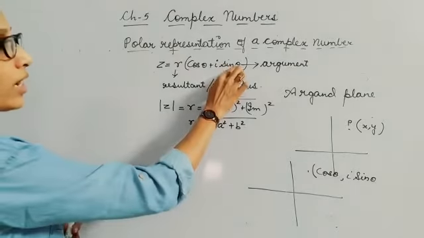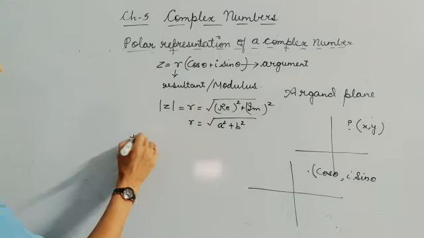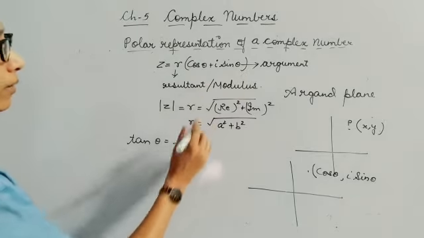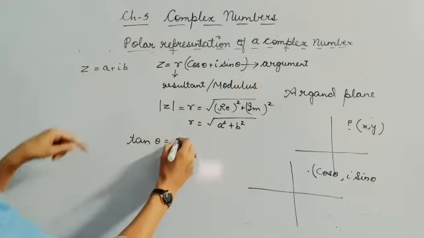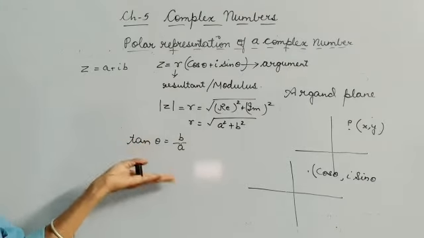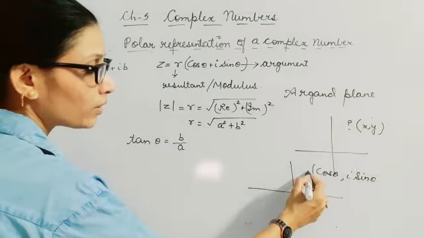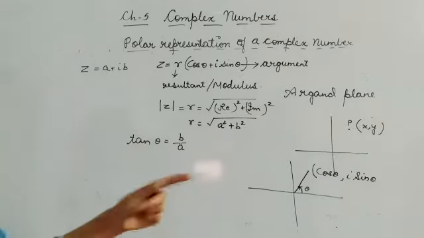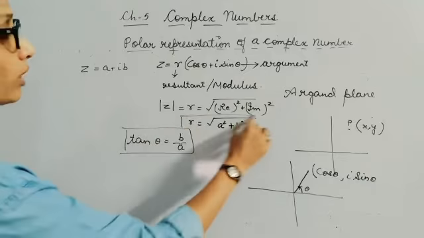Now we'll find out how we can find this theta. Children, to find the argument we have just a simple formula, which is tan theta equal to y by x. Or simply, if I am taking it in a by b form, let's suppose my z is given in a plus iota b form, then I will be writing it as b by a. And what is this tan theta? Tan theta is nothing but the slope of the line. And that line, that means this complex number, is inclined with this axis. So this is your theta. You need to find out this theta at which it is inclined. So this is the formula to find the argument, and